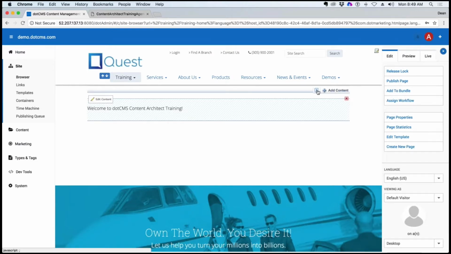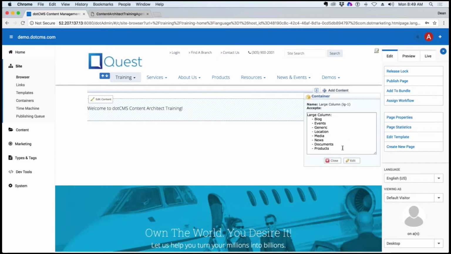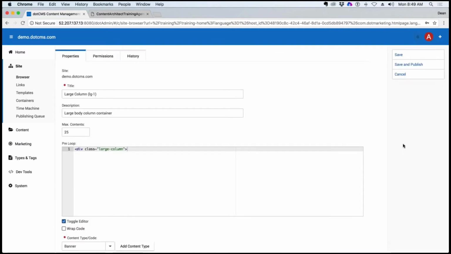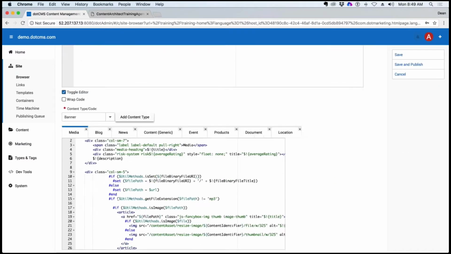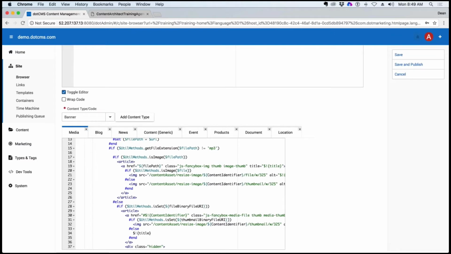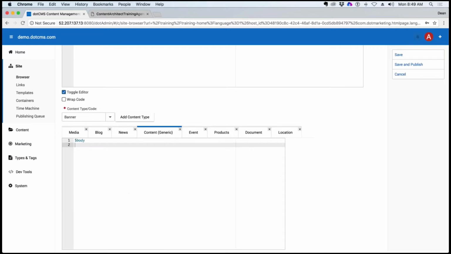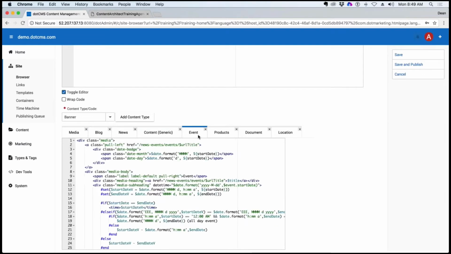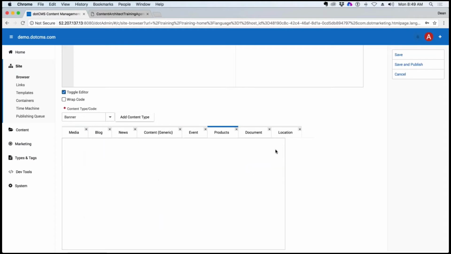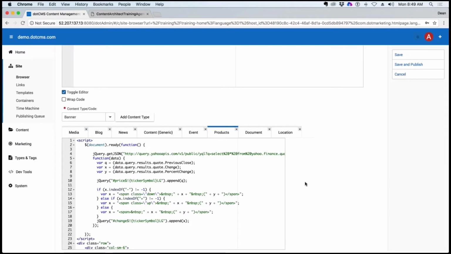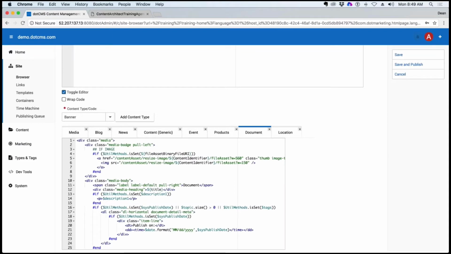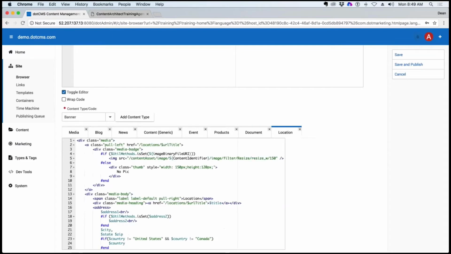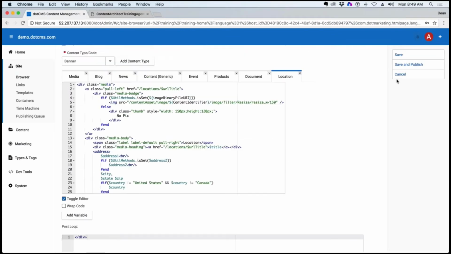Then how does the container that's being parsed here on the page, how does that link up to the content? Well, once again, I edit the container from the page, and I can see I've got a div here to start it off, and then I've got all of these different choices for different types of content. I've got media, blog, news, generic content. So if I clicked on generic content, there's just that one field that's being shown. Events, how do they get formatted? And different fields being exposed for different pieces of content. Maybe it's just showing me a listing. Maybe it's doing velocity binary, anything that you want as a webmaster to do